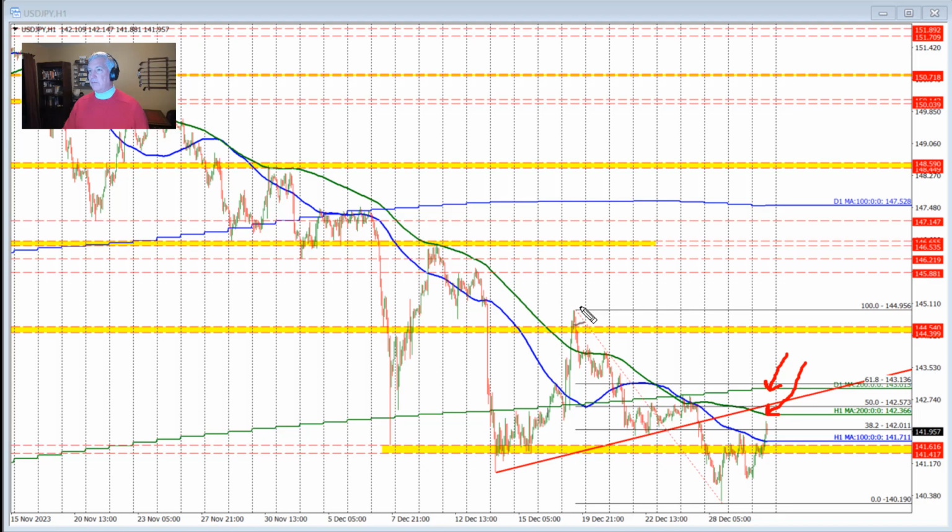In between is a 50% retracement of this last move to the downside, from this high right here to this low right through here. That level comes in at 142.57. So,